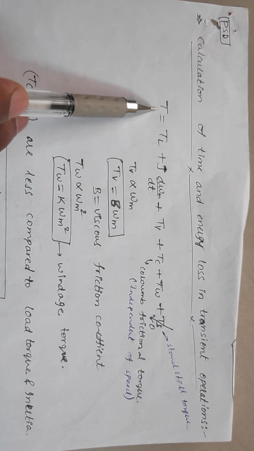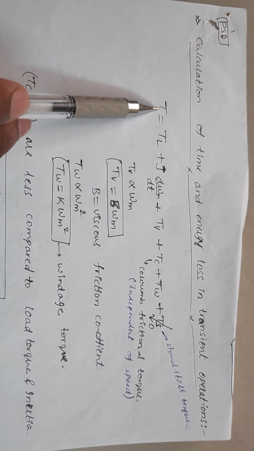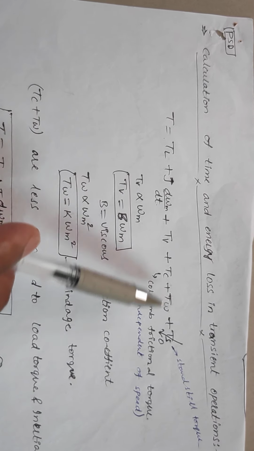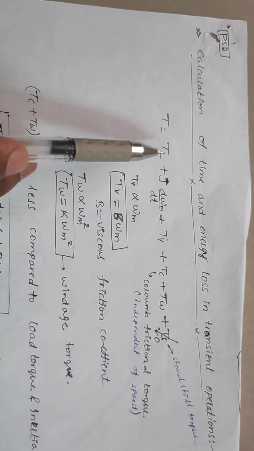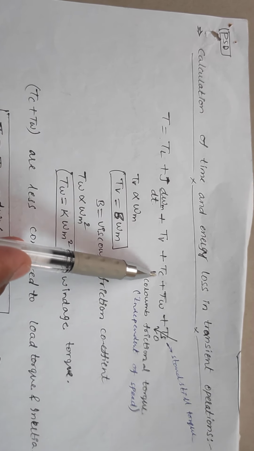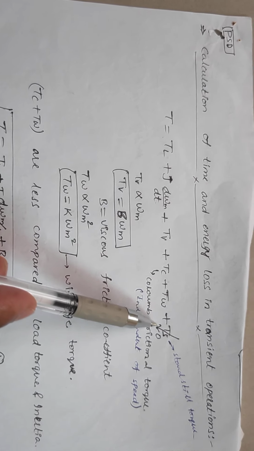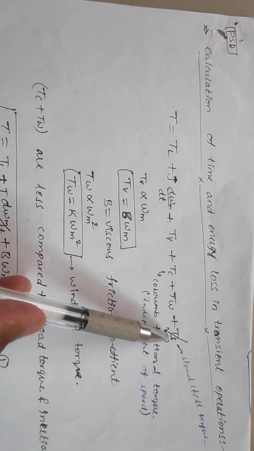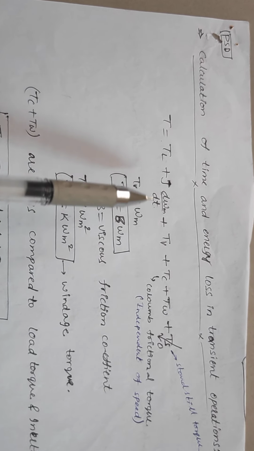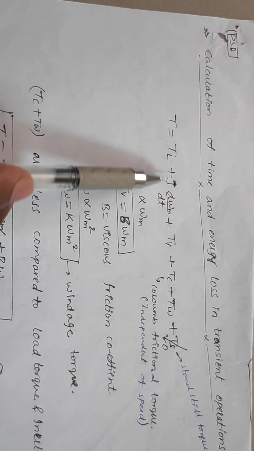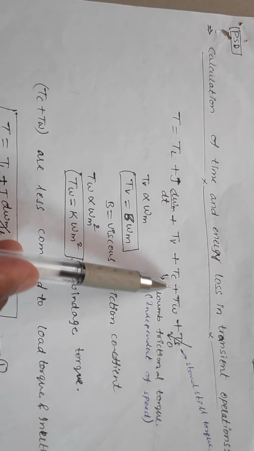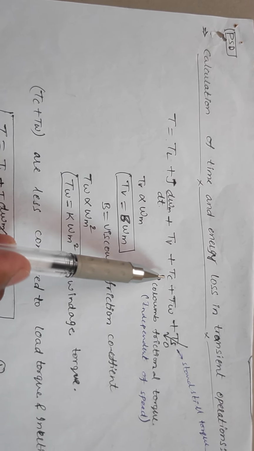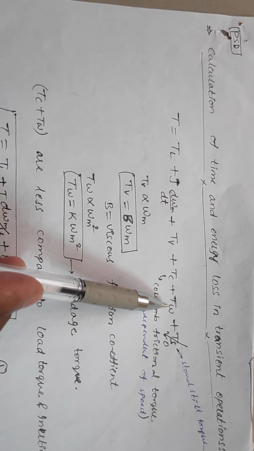The motor torque is developed to overcome all these opposing torques, which are the load torque, inertia torque, frictional torque, Coulomb frictional torque, windage torque, and standstill torque. The standstill torque is equal to 0 when the drive is in operation, so we can neglect this one. Compared to the other torques like load torque, inertia, and frictional torque, the Coulomb torque and windage torque are very less. Hence, we can neglect this Coulomb torque and windage torque also.